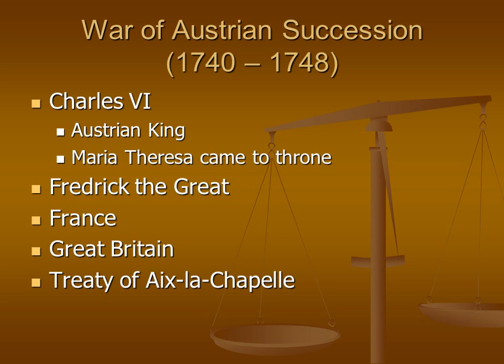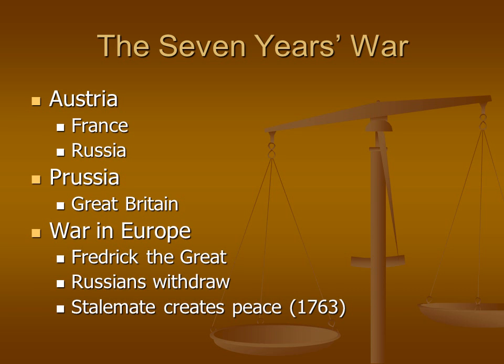The French gain a little bit of land, but most of it, when it's all said and done and they write the Treaty of Aix-la-Chapelle, that treaty basically says everybody go back to where you were except for France. You get this little piece of land, and that's it. Okay. So then it turns around in the 7 Years' War, because France had made this slight little gain,